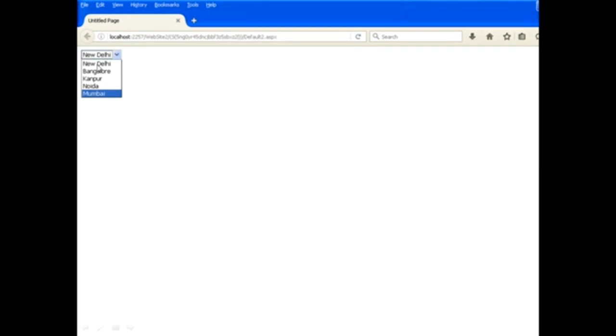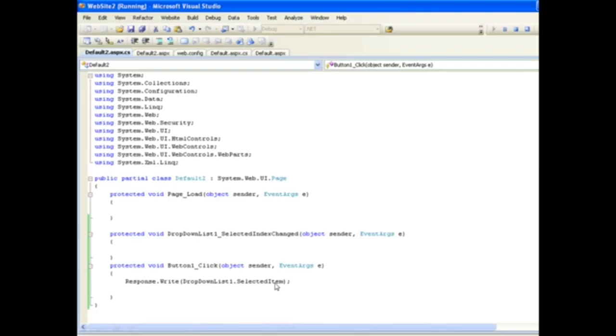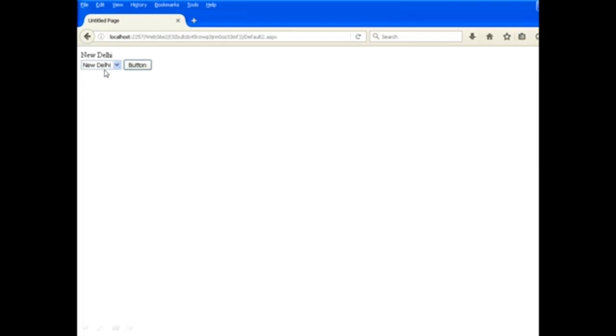Like that, if you want to display the value of the selected item, that is again possible by writing DropDownList1.SelectedValue. So we have two properties of the drop down list control: SelectedItem, which will display the text, and one more attribute, SelectedValue, which will display the value. For New Delhi we had NDLS as the value which we set, and for other items like Bangalore we have the value as Bangalore only. So this is your drop down list control.